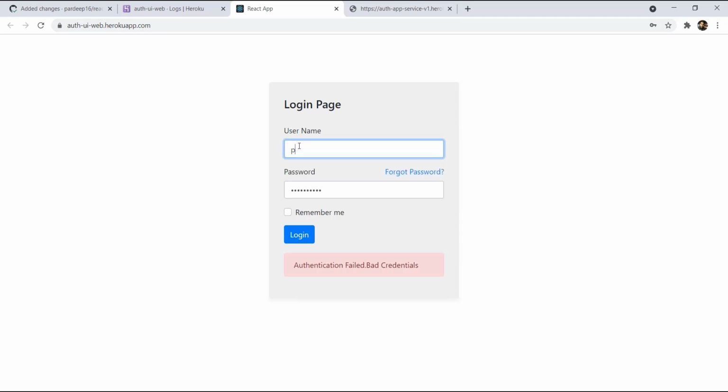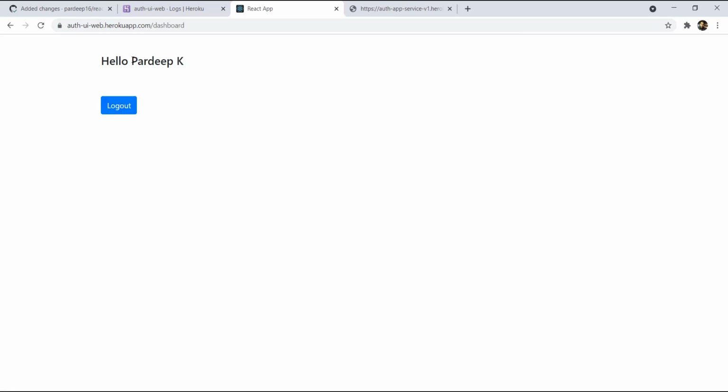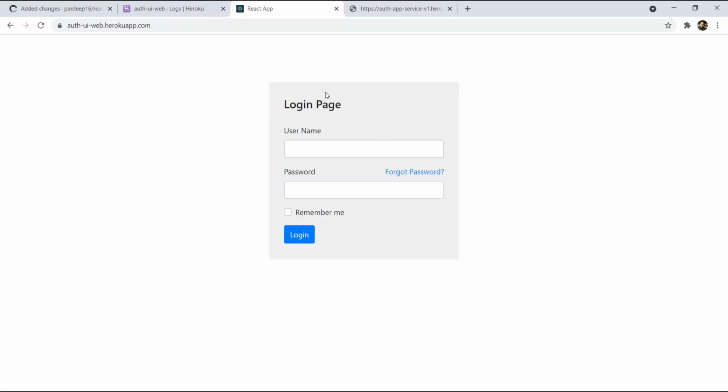Now let's give the correct username and password. So our application is running fine. It's able to log in, and when we click logout, it goes back to the main login page.